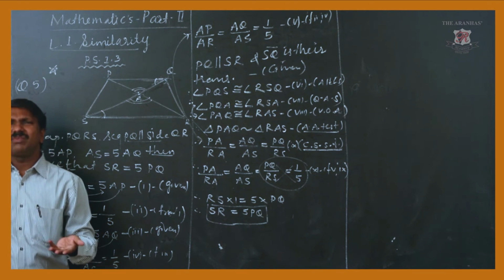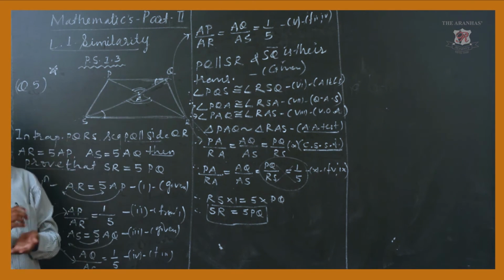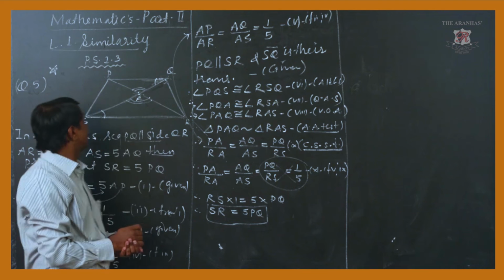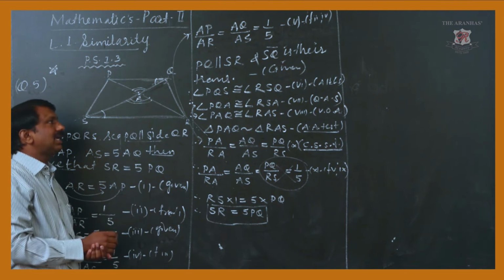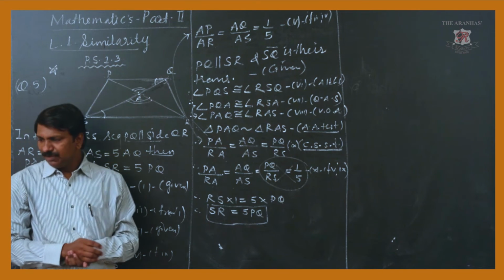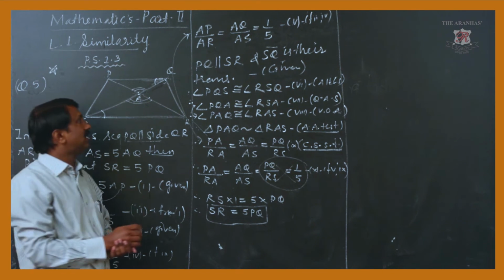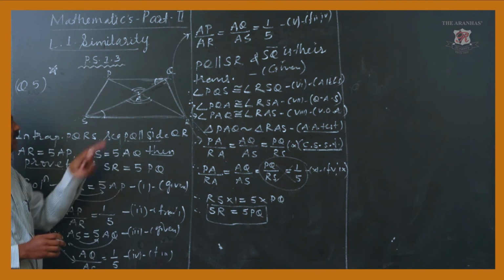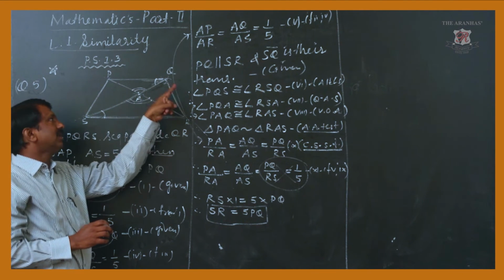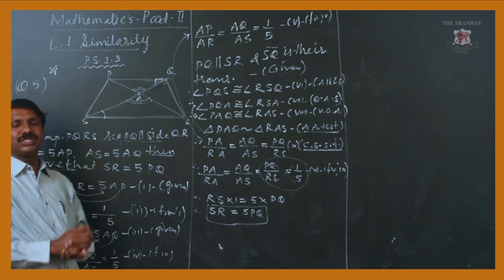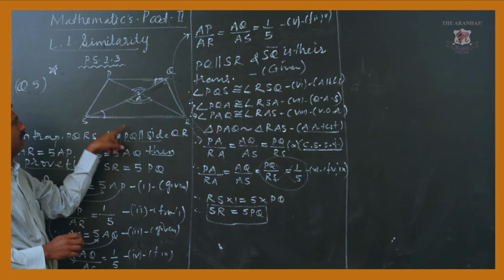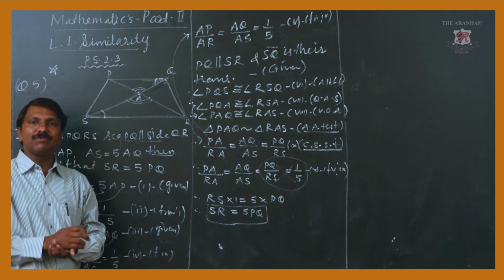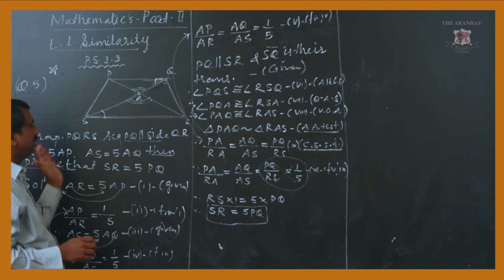Maybe somebody gives it for 3 marks, but mostly the weightage of this example is 4 marks. So these examples are going to come for 4 marks. This was question number 5. I'll discuss more examples. After this 5th, the 6th example belongs to the same type. If you read the question, you will see that they didn't give the sides' relation. Instead, parallel lines are given along with some values, and you have to find the remaining value. So whenever you solve that example, you have to do the same thing.